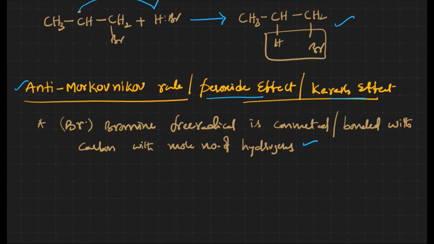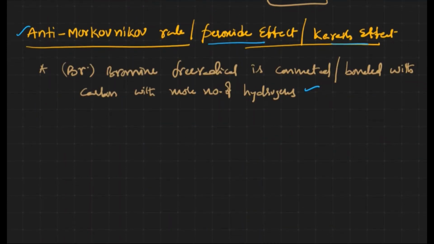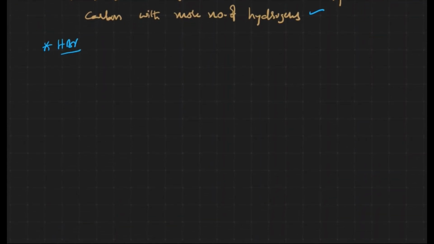Now, in Kharash, in this particular free radical addition reaction, always HBr only will be used for the free radical addition reaction. Why only this one is used? Let me give you thermodynamic data for these kinds of reactions, right? Let me take what happens in the first step. Addition of halogen free radical takes place to the double bond. What happens in the second step? In the second step, addition of hydrogen takes place.